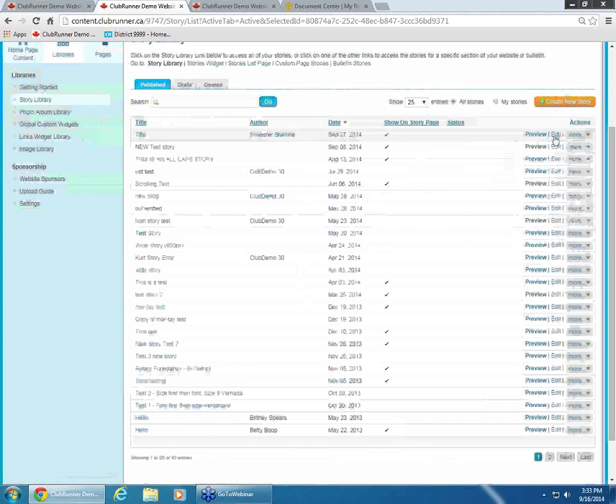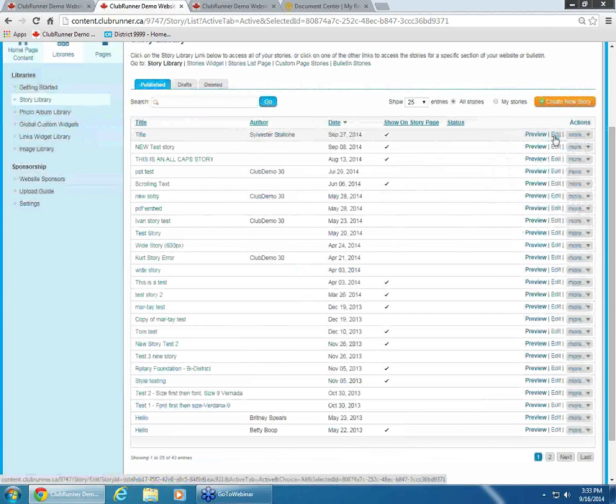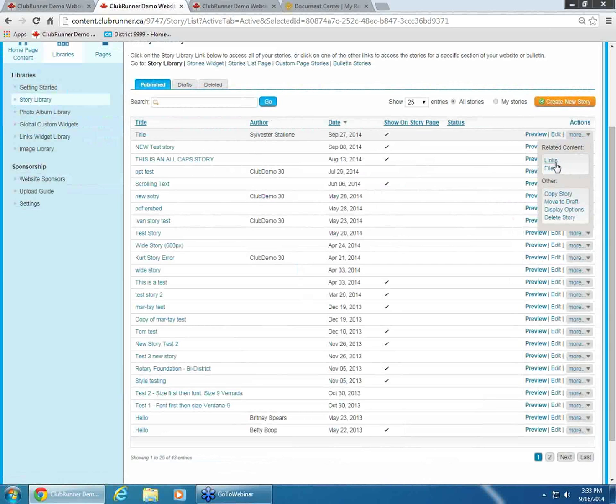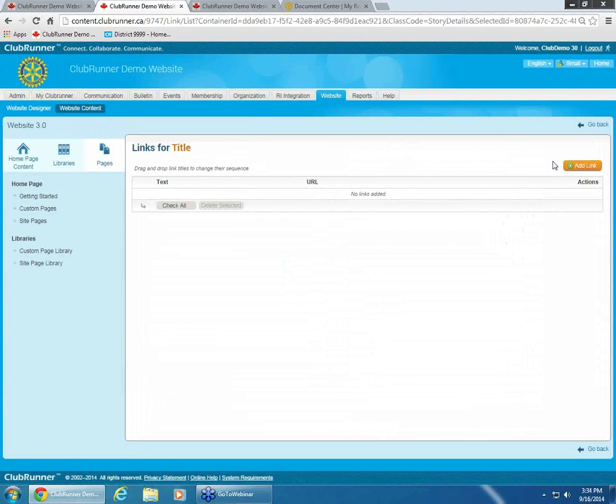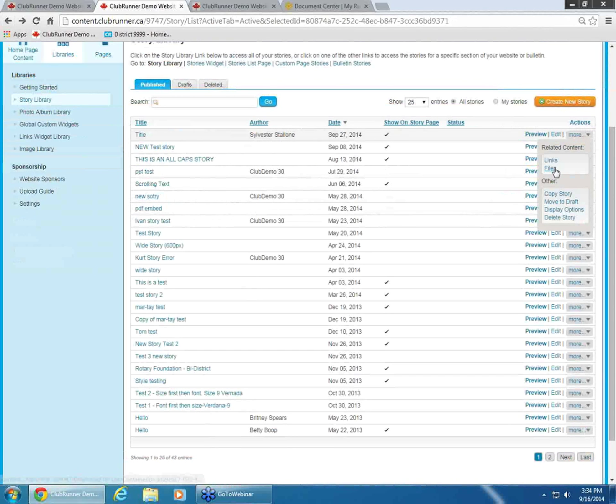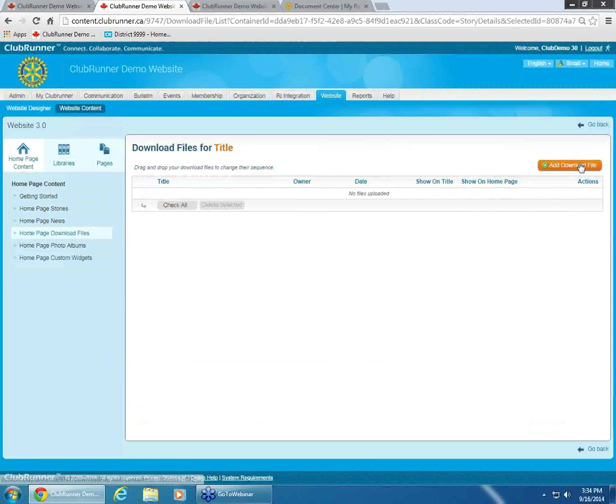We can click edit on the right side, which will bring us up the editor, or we can hover over the more. We can click on the links. We can add links for the story, but it's always good to add the links directly into the story anyway, so it's just there for extra. And same with files. If you want to upload a download file to this particular story,